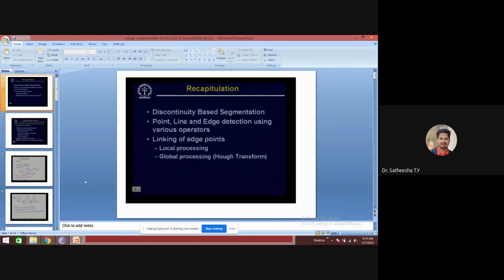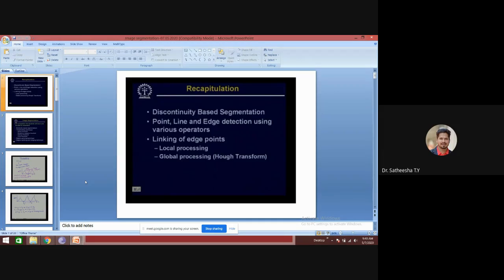Here, the basic purpose was that an object is to be described by its boundary and its enclosing boundary, which are to be obtained using one of these discontinuity based operations. We have discussed that although the object boundary should be continuous or have a complete definition, because of noise or non-uniform illumination, after performing these different edge detection operations, they are not normally continuous.